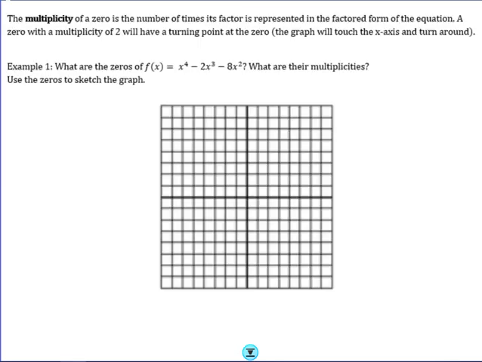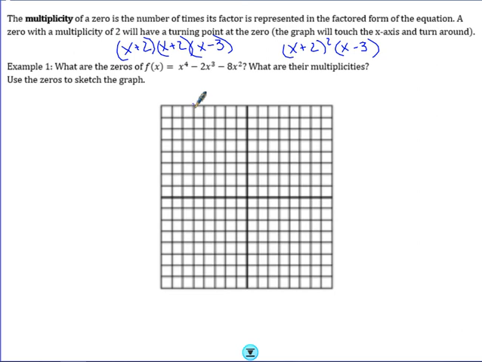So first thing is we want to talk about the word multiplicity. The multiplicity is the number of times that a factor appears. Sometimes we can factor something, and let's say I factored something and I got these as my factors: x plus 2, x plus 2, x minus 3. Or sometimes you might see it written as (x plus 2) squared, (x minus 3). So if I had an equation that I factored, and I have something that appears more than once, that has